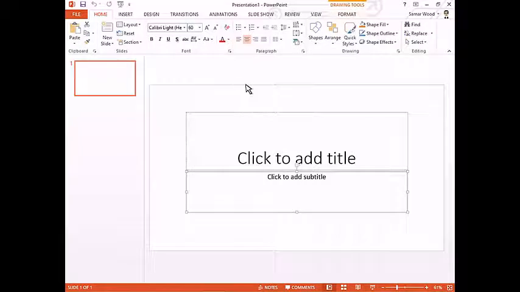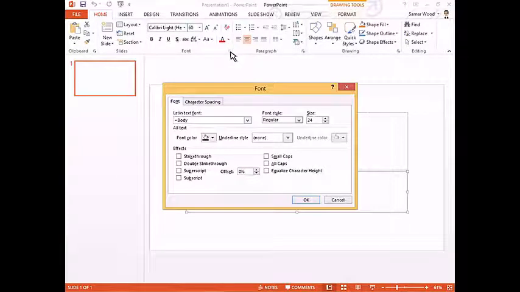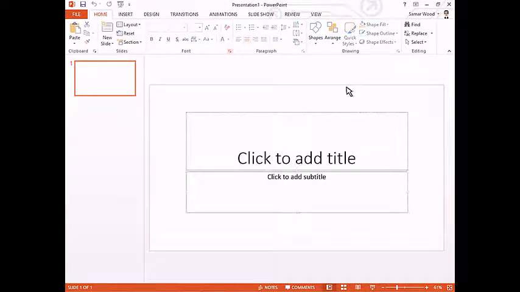Some groups have an arrow at the bottom right corner. Clicking this allows access to even more commands. The PowerPoint ribbon displays the following tabs. Home. The Home tab contains the most commonly needed commands. These help you do things like inserting new slides, arranging objects, and formatting text on your slides.